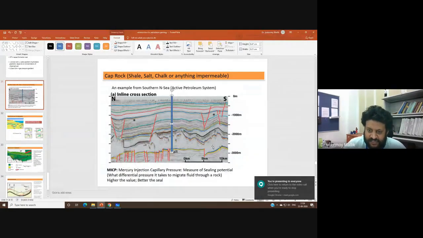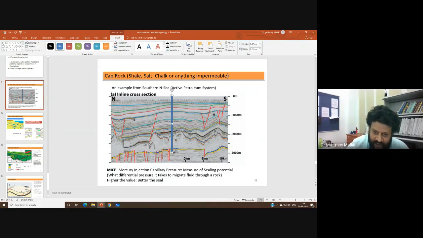Anyway, so if you see the salt layer, this salt layer essentially is the cap layer that we have been talking about, because the sandstone is a reservoir rock, so it has high porosity, high permeability. But if this salt layer would not have been on the top of this sand layer, what would have happened? All the hydrocarbon which was generated in the source rock and came to the reservoir rock would not have stopped at the reservoir rock. It would have simply been leaked away. It would not have been there.